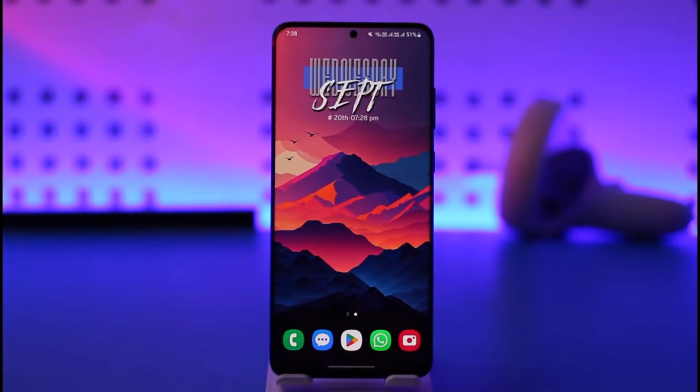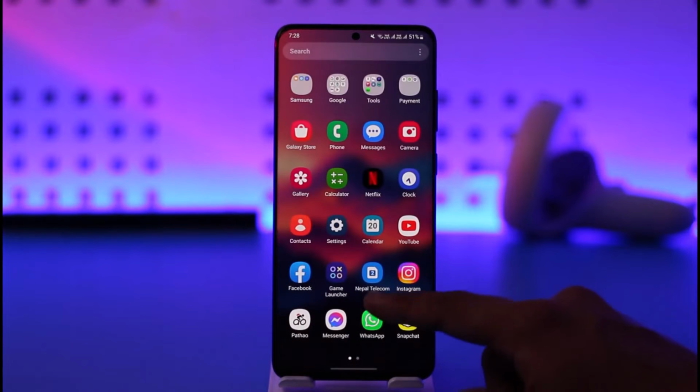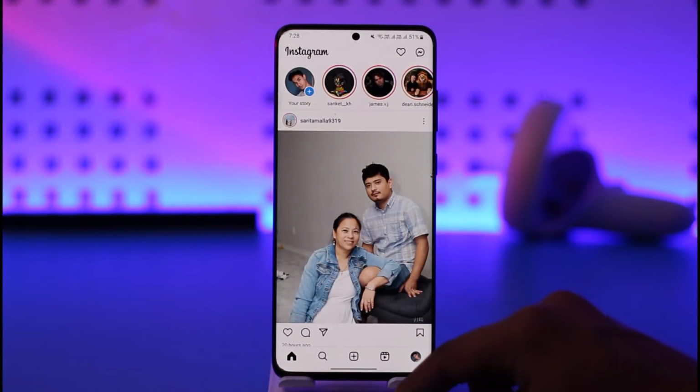In this video I'll guide you on how you can invite collaborators on Instagram after posting, so make sure to watch the video till the end. If you want to invite collaborators on Instagram after you've already posted something, you can just try to open the Instagram application here. Once you launch the Instagram app, you will see this type of interface where what you need